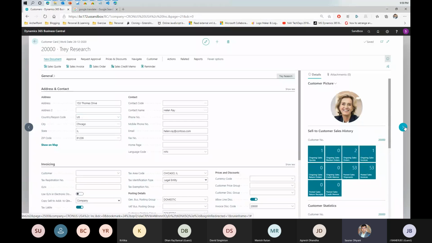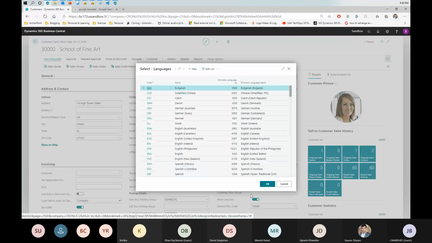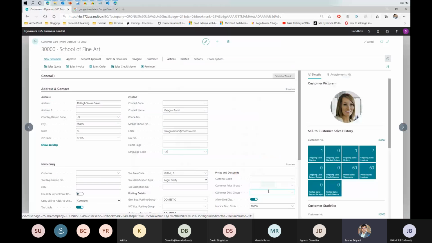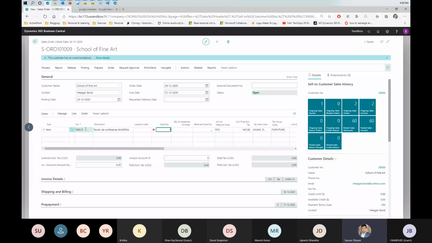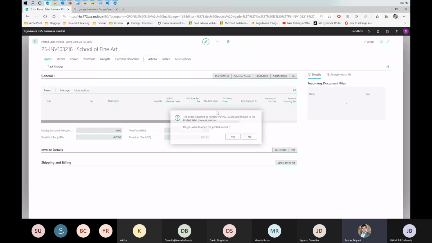So let's pick another customer and we'll change the language to be Italian. And here is the language for Italian, ITA. Let's create an order again and paste the number there. It brings that text from the translation. Then when we post this and try to print this,